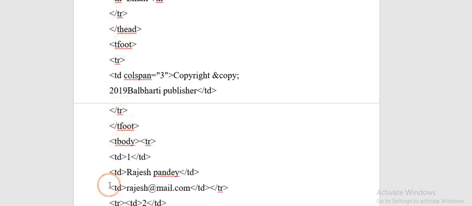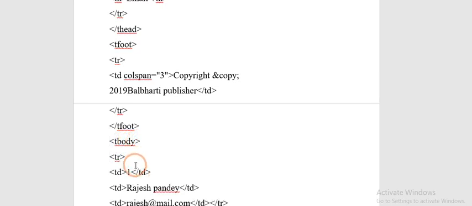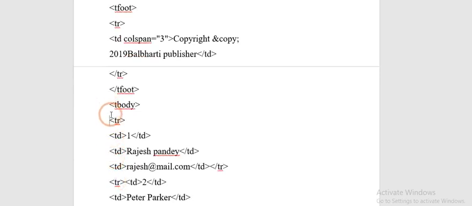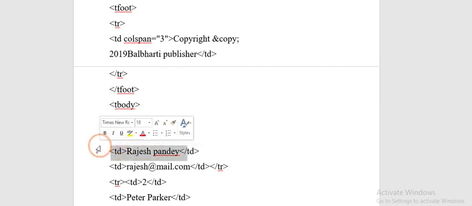Next, now the actual content you have to insert in your table body, so you are using the t-body tag. So here is the t-body. In this tag you are creating again a row, that is by using the tr tag. Tr tag is used to create the table row. Next, after creating that row, you will need to insert the values in the column. So for inserting the value, you use the td tag, that is table data. So the first data is number, that is 1.